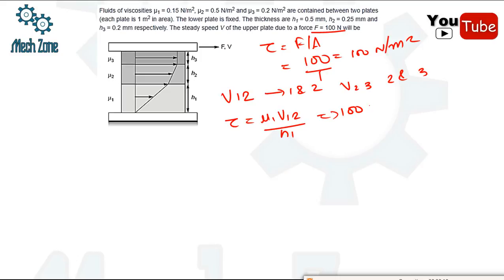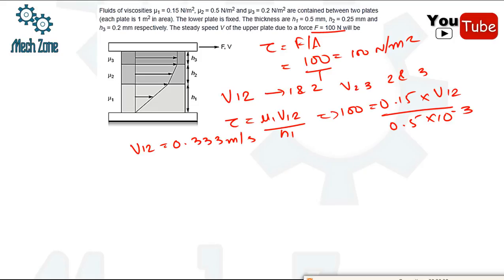So if we keep the values of tau, that is 100, mu1 is 0.15, and H1 is 0.5 into 10 to the power minus 3, from here V12 would be equal to 0.333 meters per second. Now we know that tau is equal to mu2 into V23 minus V12, divided by H2. If we calculate and keep the values, V23 is coming out to be nearly about